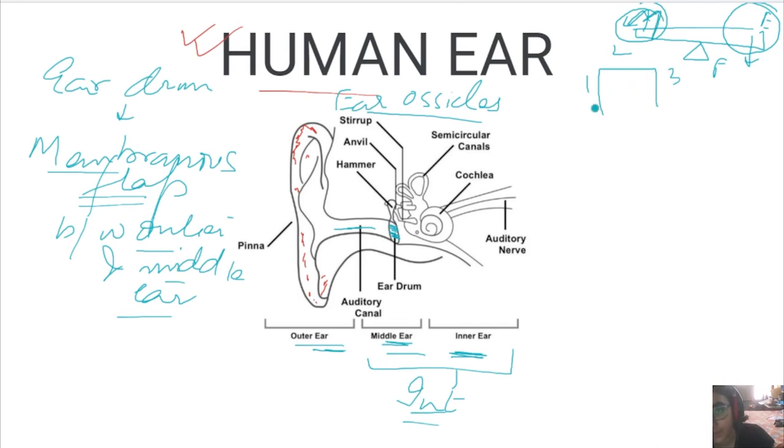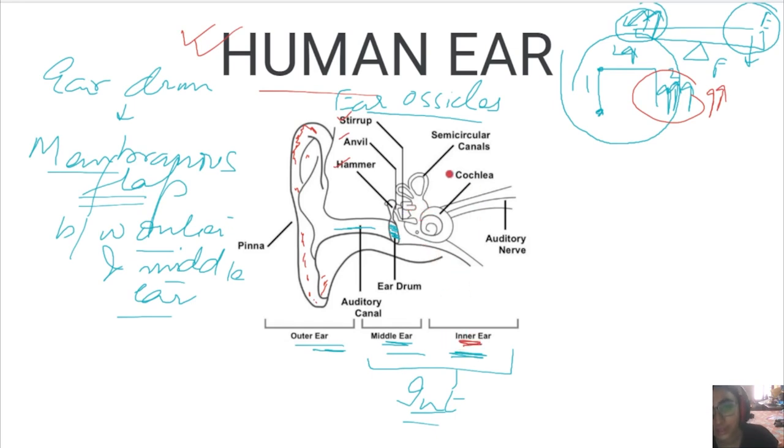In the same way, here the ear ossicles are placed in such a way that by the vibration of one, the vibration of the second is amplified, and by the vibration of the second, the third is amplified more. So if you vibrate the first ear ossicle, by the time it comes to the third, the vibration has amplified multiple times. Okay. So here are the ear ossicles. That brings us to the end of the middle ear, and then we come into the inner ear.